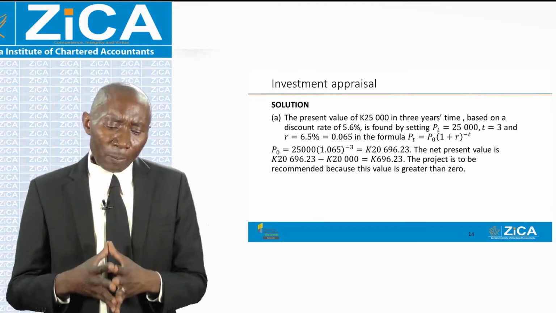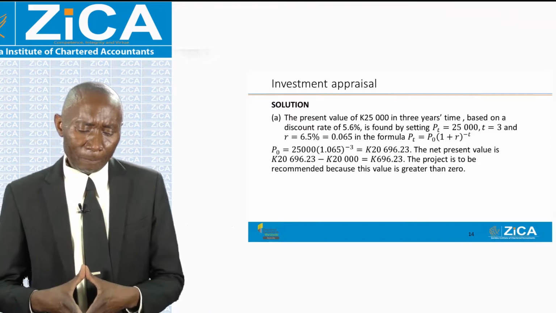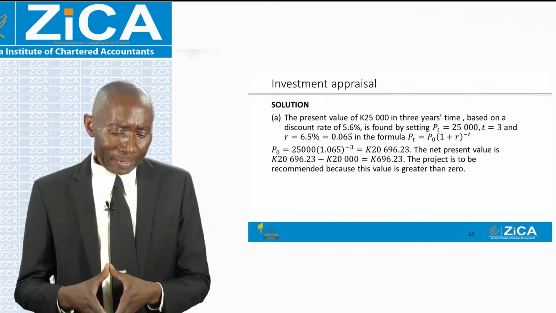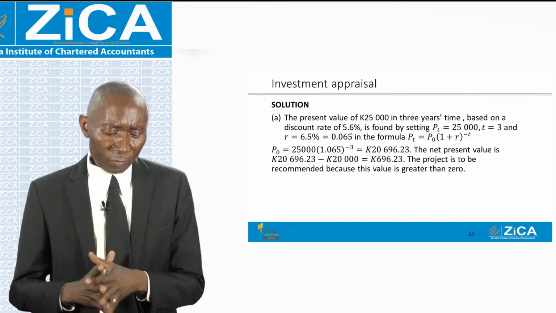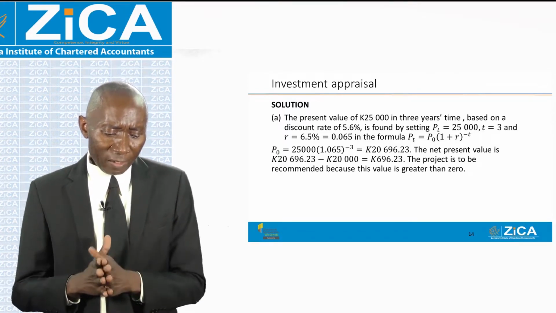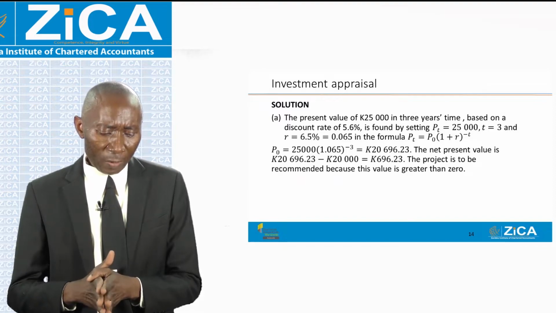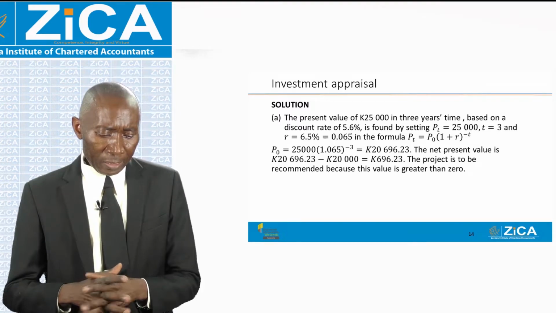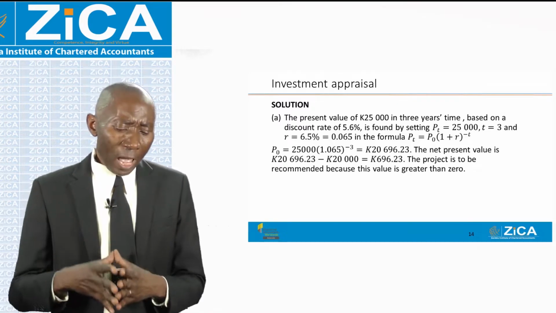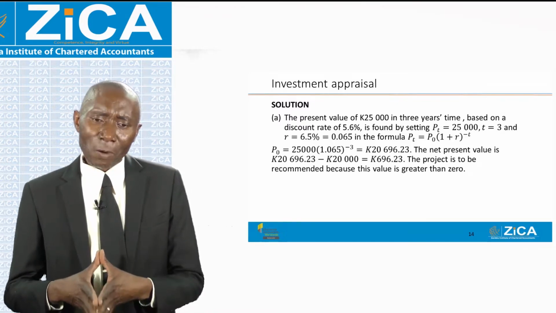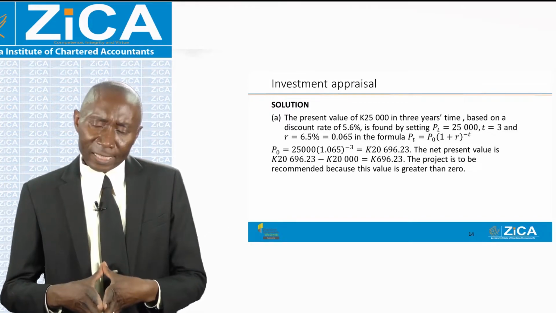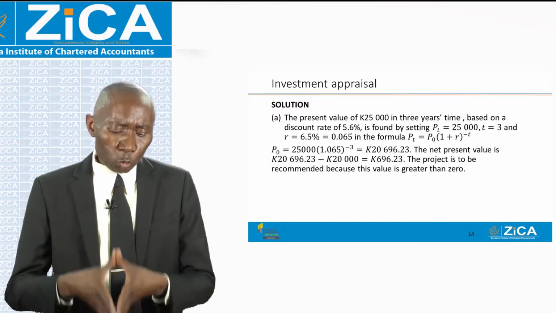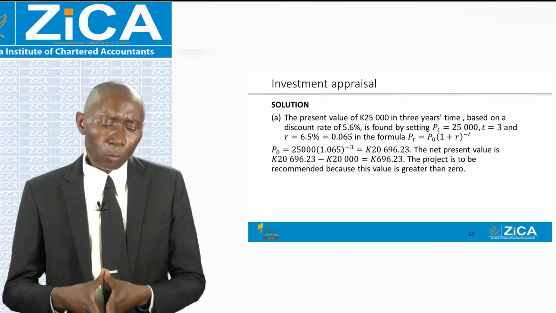Inside the brackets, we have 1 plus R to the power minus T. And we substitute in those formulas where we are given the initial amount, which is 25,000. We are given the amount at T, which is 25,000. If you substitute in the formula with T equal to minus 3, it will give us the future amount, which will come to 20,696 kwacha 23 ngwe, minus the initial amount which I had put in, which is 20,000, which will give us